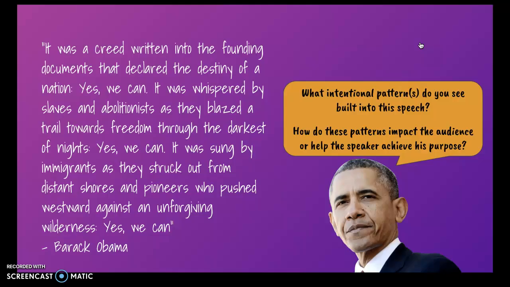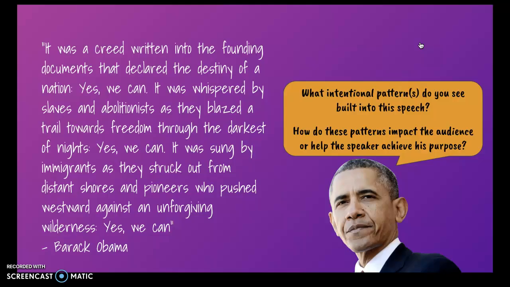It was a creed written into the founding documents that declared the destiny of a nation. Yes, we can. It was whispered by slaves and abolitionists as they blazed a trail towards freedom through the darkest of nights. Yes, we can. It was sung by immigrants as they struck out from distant shores and pioneers who pushed westward against an unforgiving wilderness. Yes, we can. Now, as you take a look at this particular excerpt, I want you to ask yourself,